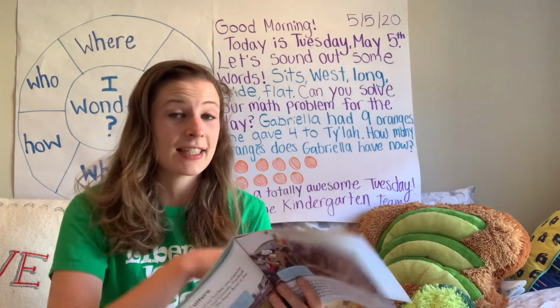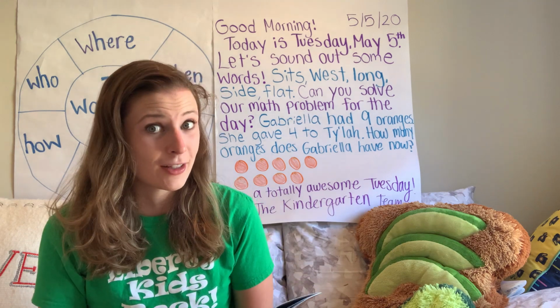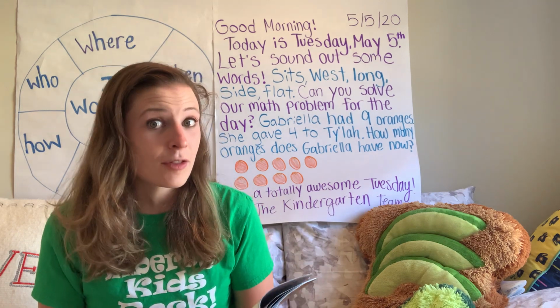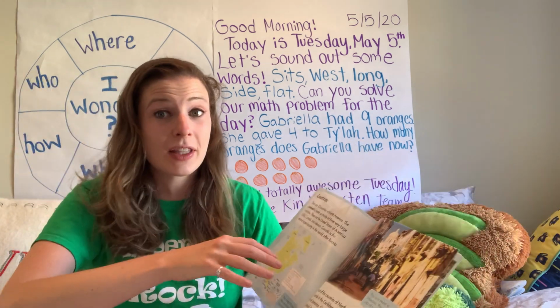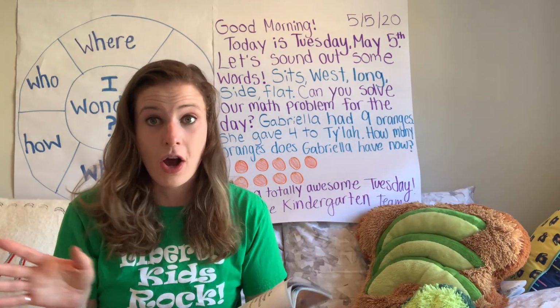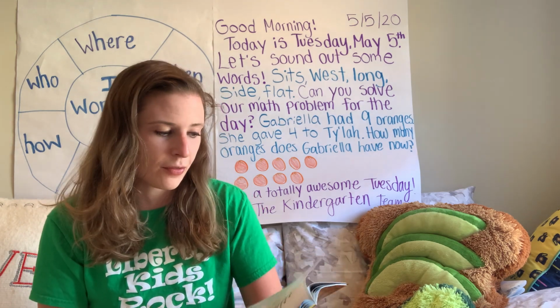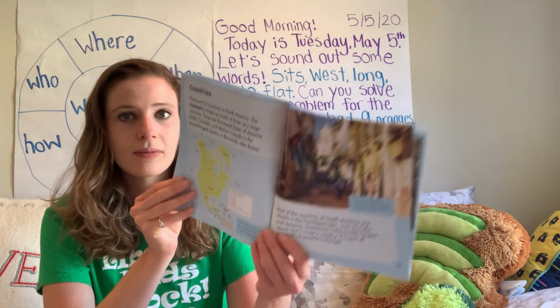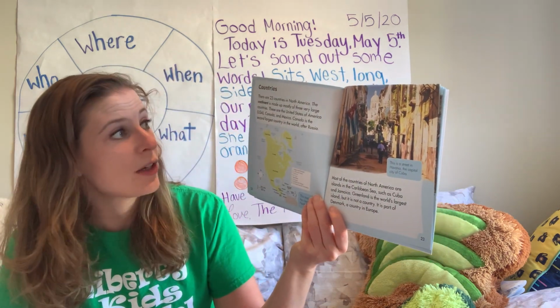And this book is just introducing us to North America. It is not telling us everything about North America because we know that there's a lot of other kinds of music, there's a lot of other kinds of sports, but if they were to include everything in this book, the book would be so long. So they're just giving us a few ideas, and that goes for all the books that we've read about different places. Countries. There are 23 countries in North America.